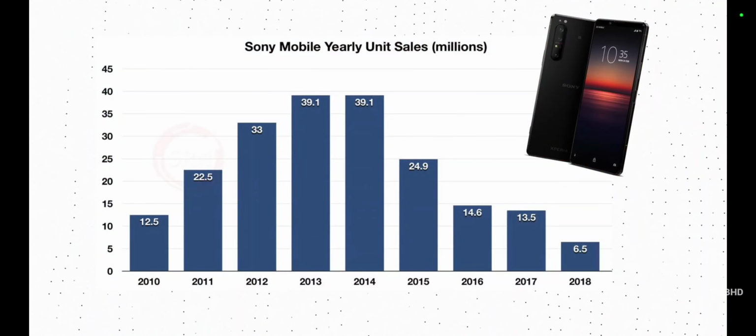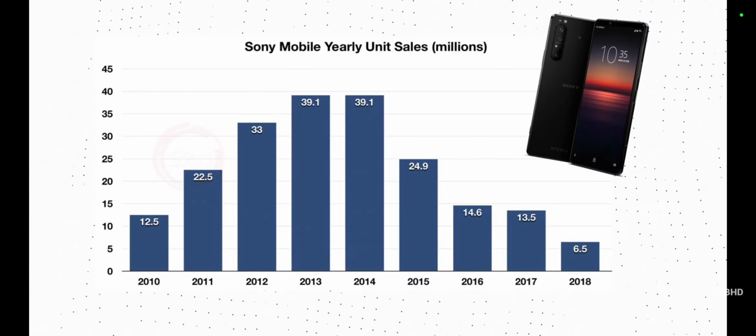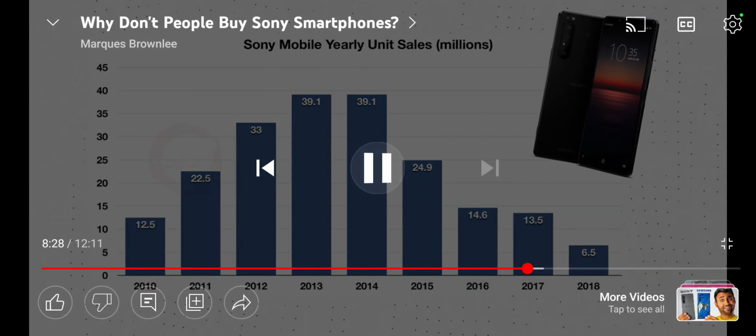Take a look at this chart. This is Sony's volume of smartphone sales for the past few years. Now, obviously, this is a concerning trend, falling from nearly...